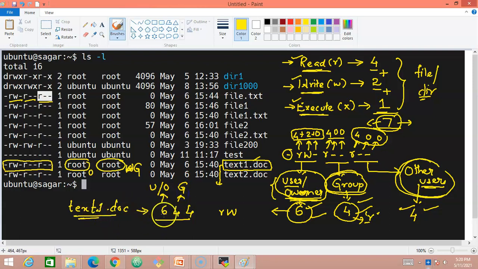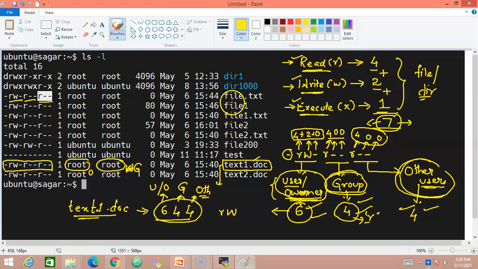So this file belongs to this group, and for this group we have 4 as the permission. The moment we see 4, it is nothing but only read permissions. The last one belongs to other users. So this particular text1.doc has Linux file permissions with the numerical value 644.